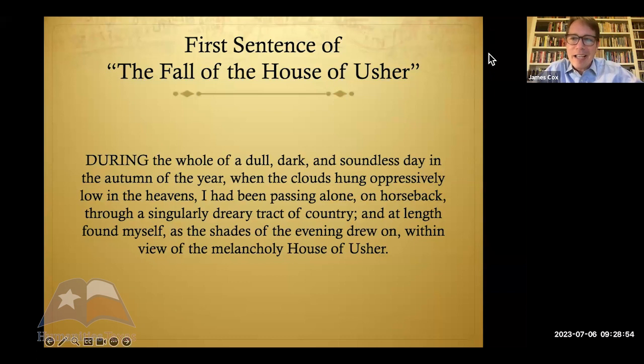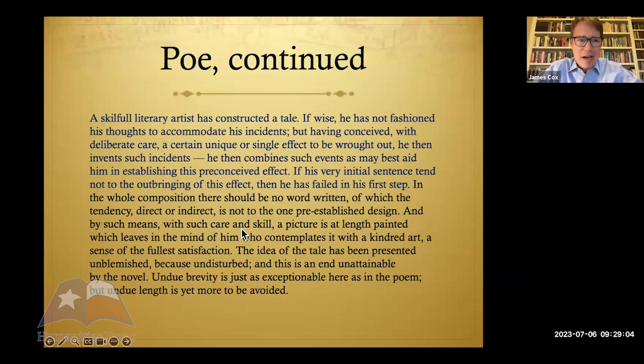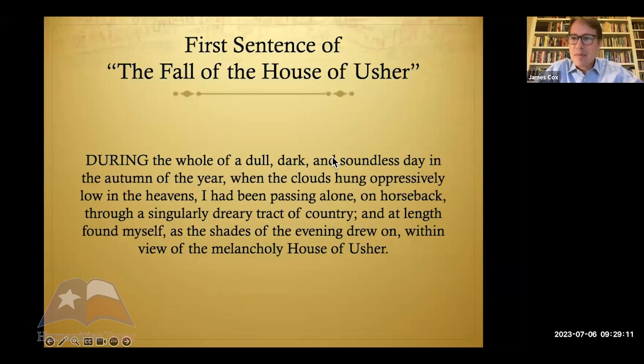So again, I can't really see the chat. Any comments on whether you think Poe actually succeeded? How does he put it in the previous slide? He says, if his very initial sentence tend not to the outbringing of this effect, then he has failed in his first step. Okay, so according to this, as readers, or in this case, both readers and listeners, since I was reading it out loud,